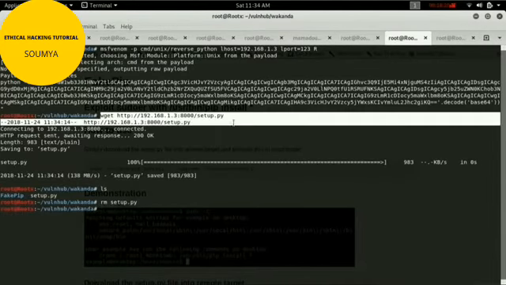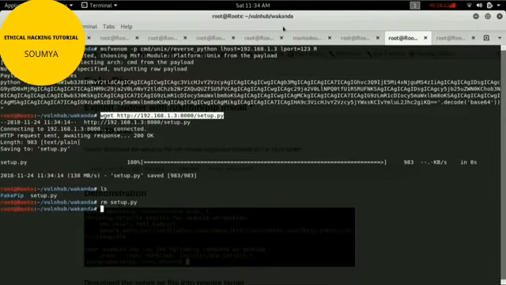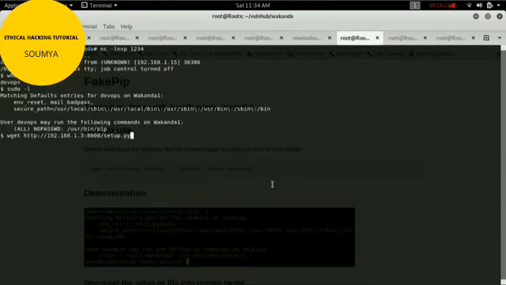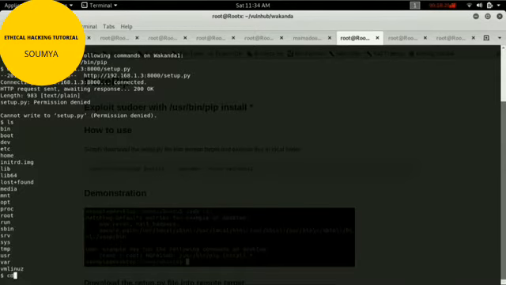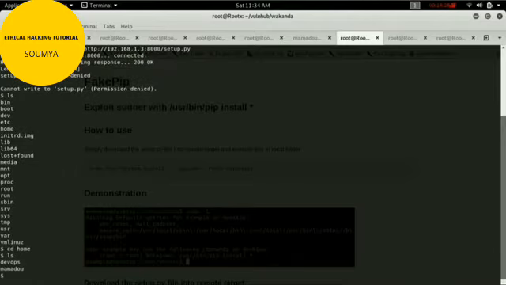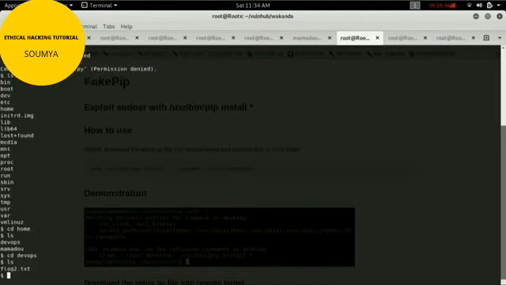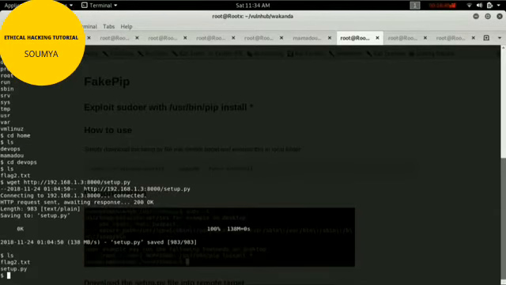Go to the remote user. Just copy this one. I'm using wget to download the file. Okay, just enter. Access is needed. I think we are in some other folder. Yeah, I think we are in the root folder. Maybe that's why we are not able to access. Let me go to the DevOps. I hate this option. Maybe we have to use shell. Okay, just wait. Okay, I hate this one.